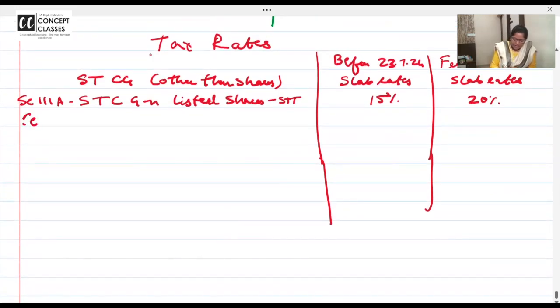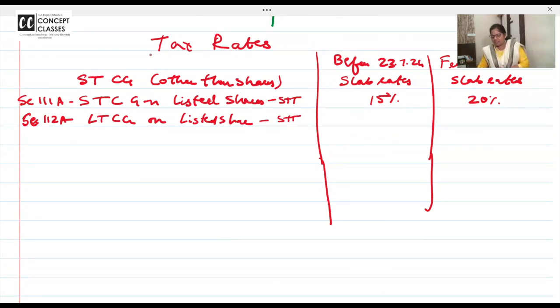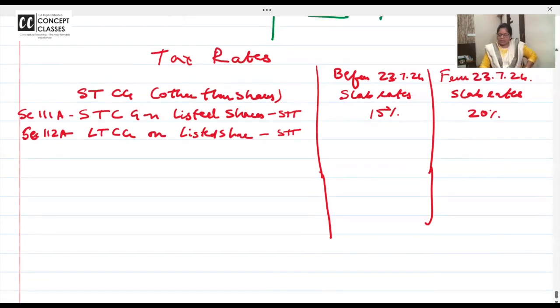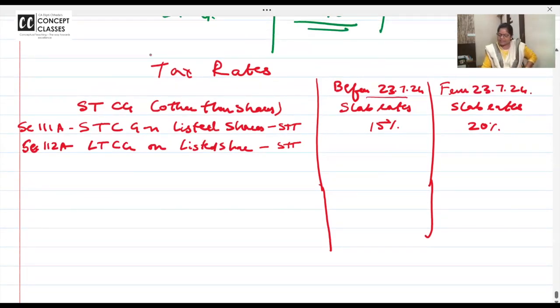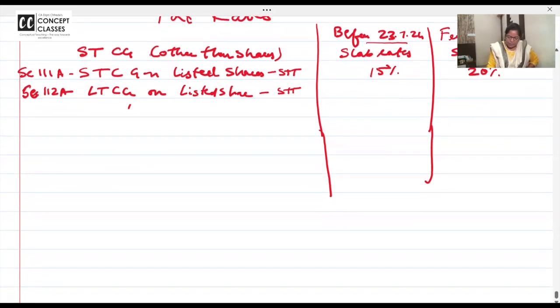Now comes section 112A, long-term capital gain on listed shares. STT is charged. Long-term capital gain on listed shares. STT is charged. Okay, right. So, first of all, up to 1,25,000 exempt,